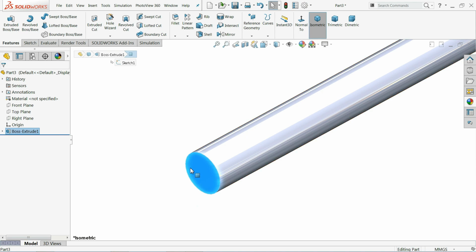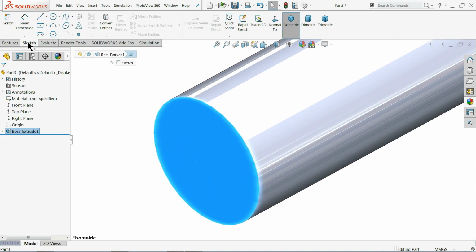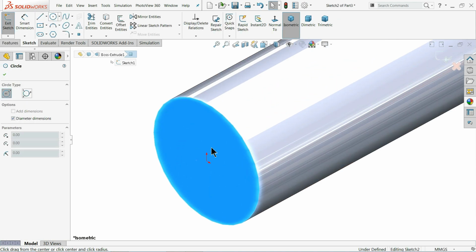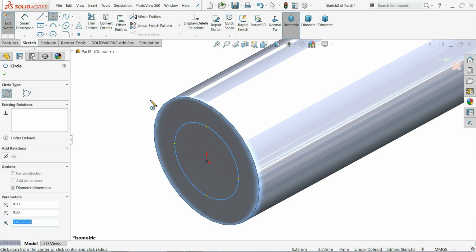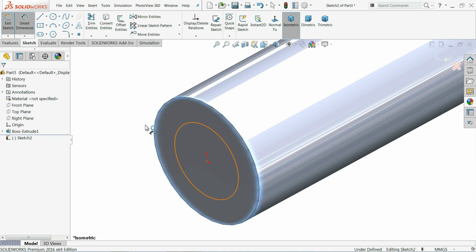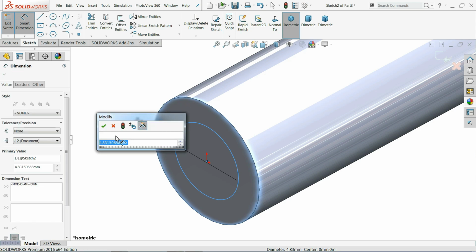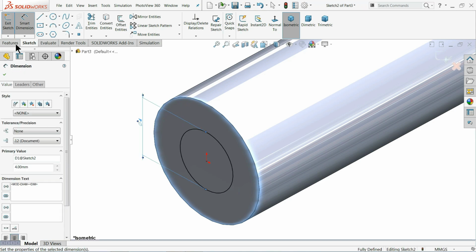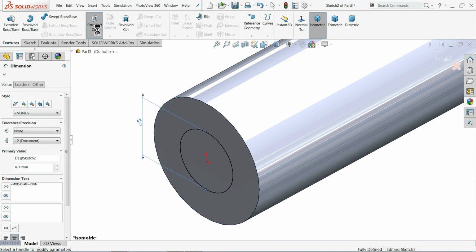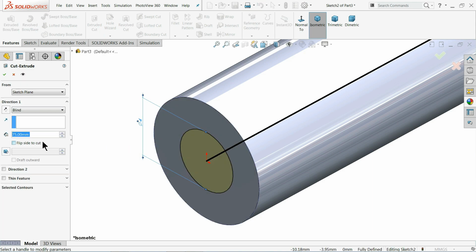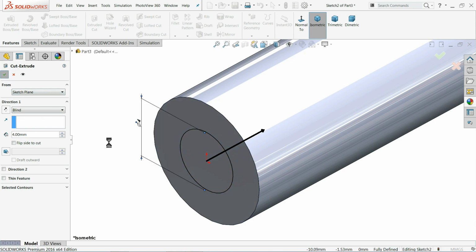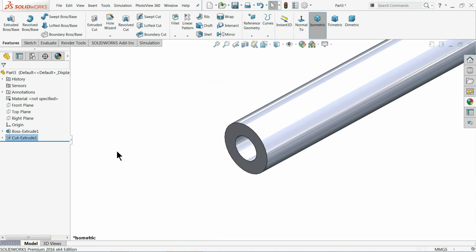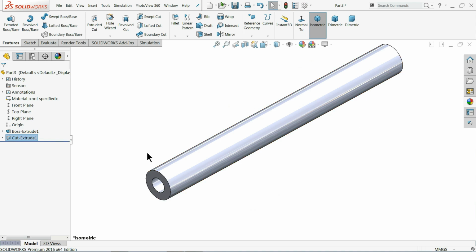I'll select this face, sketch circle, draw one circle here, and the diameter is 4 mm, and go to feature extruded cut, and here we will keep depth 4 mm. Now we will try to mirror this one.